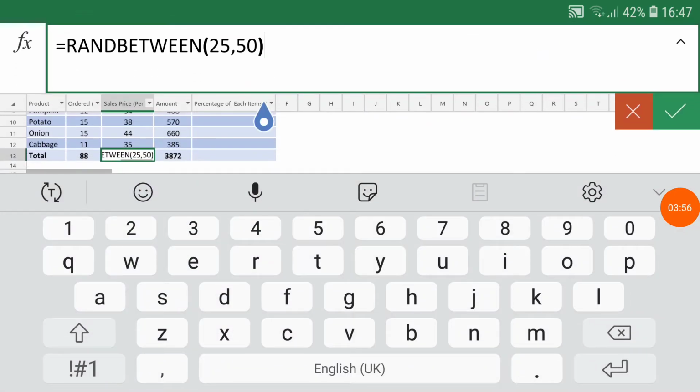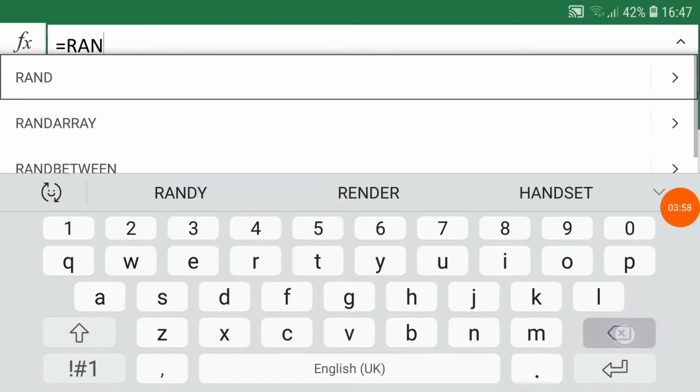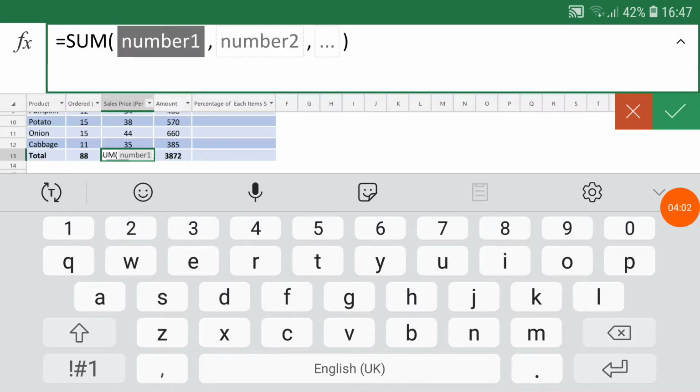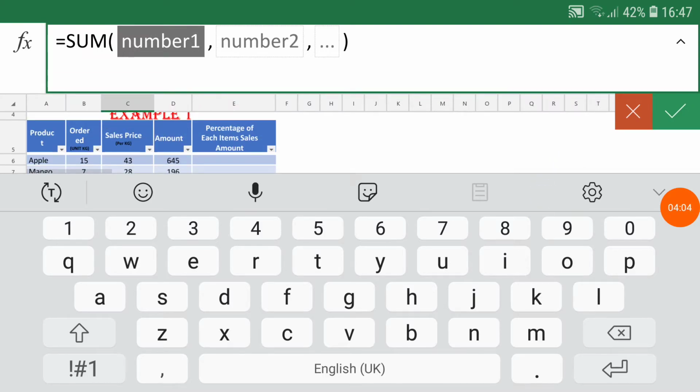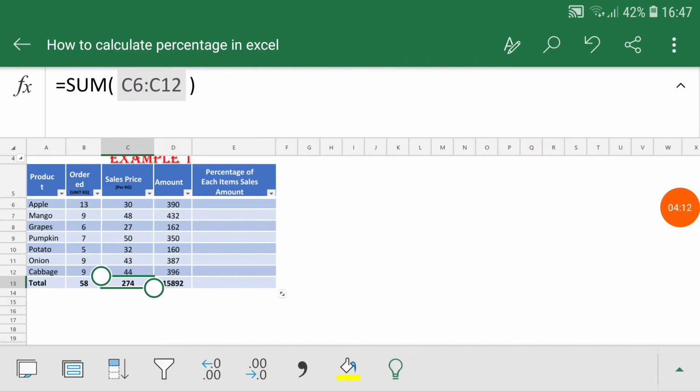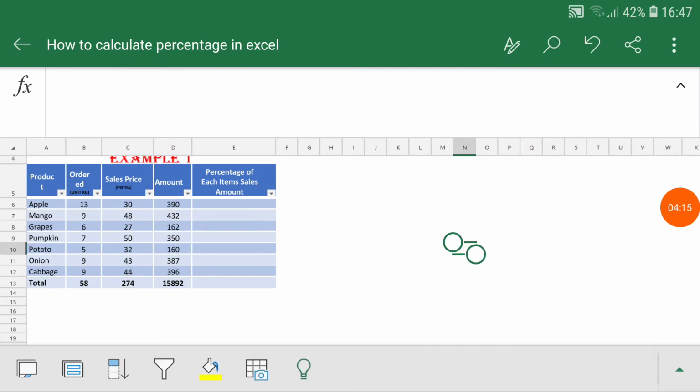Let me show you how we can do drag and drop. Drag the formula for selection of the cells. Here you can see. So now we got the total amount for each order, total cost, and the complete cost of all the orders.